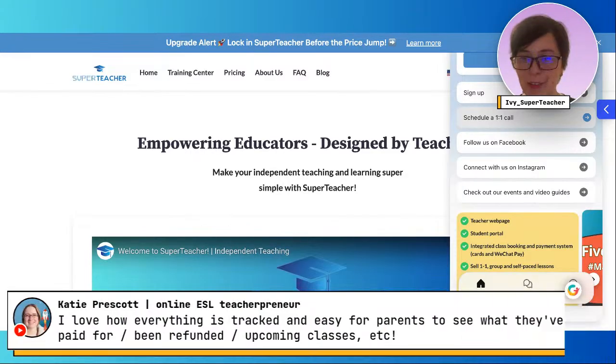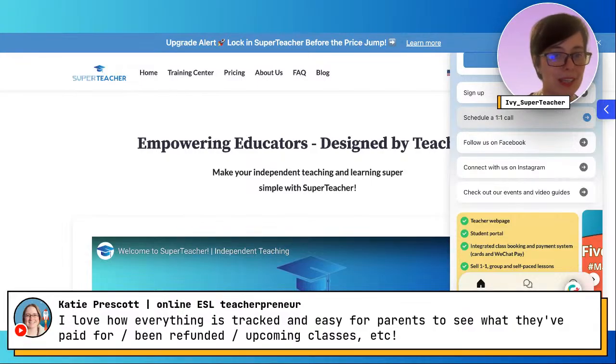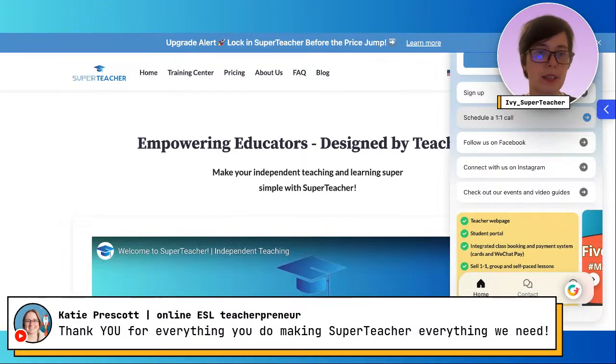Okay, let me check if I want to make sure I don't miss any comments. Katie says, I love how everything is tracked and easy for parents to see what they've paid for being refunded in upcoming classes. Yes, thank you so much. This is so useful. And yeah, we kept adding things as we go, right? So all this detailed data and balances and tracking is in place. Thank you for everything you do, making Super Teacher everything. Thank you so much. Don't make me cry now, because you know me, I couldn't be happier, because